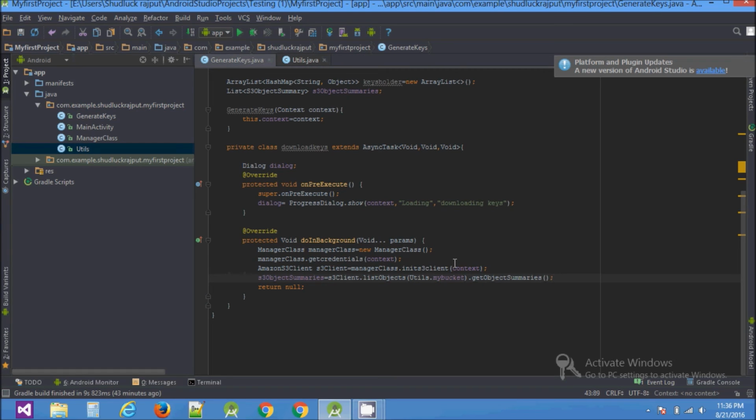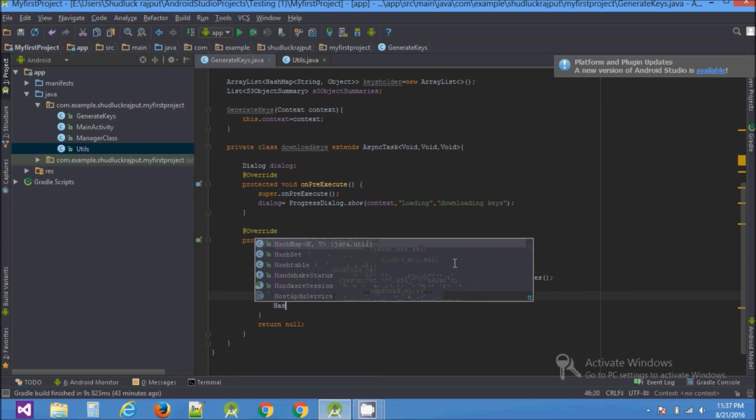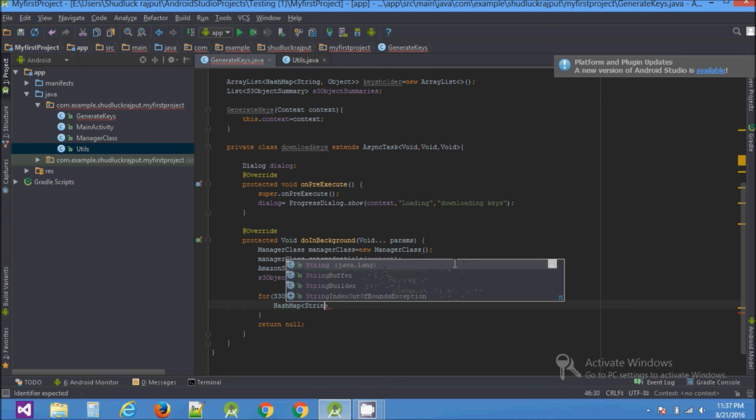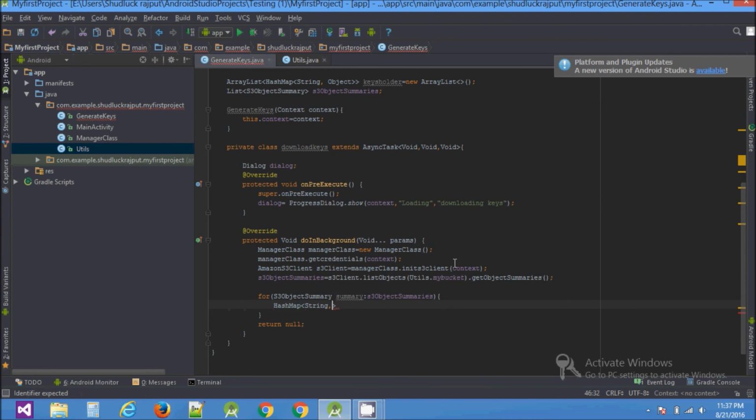Then I'll map it one by one using a specialized for loop. Okay, S3ObjectSummary summary over s3ObjectSummaries. Create a HashMap object of type String comma Object, name it maps equals new HashMap.